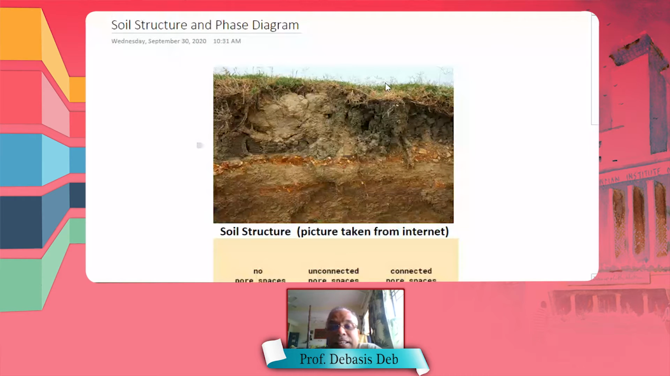So welcome back again. This is a new chapter, soil structure and phase diagram. This is what we are going to discuss today. We are going to discuss the porosity, the saturation of water, void ratio. There are many definitions. And after the definitions, you will know some relationship among the different variables,